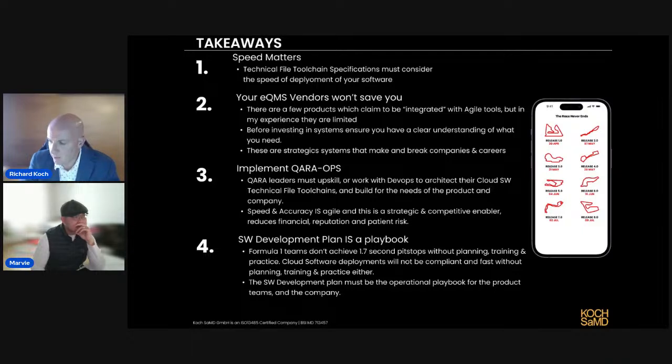And finally, just like we saw with the Formula One teams, they don't achieve 1.7 seconds pit stops without planning, training, and practice. For cloud software deployments, you're not going to be compliant and fast without planning, training, and practice either. And the software development plan has to be a lot more than just a compliance tick in the box. It really has to become the operational playbook for the product, the team, and ultimately the company,